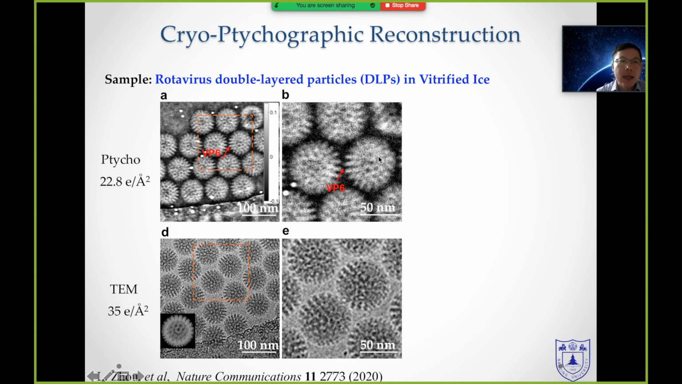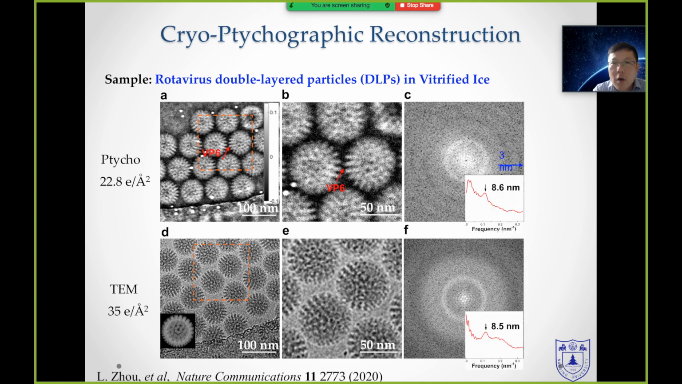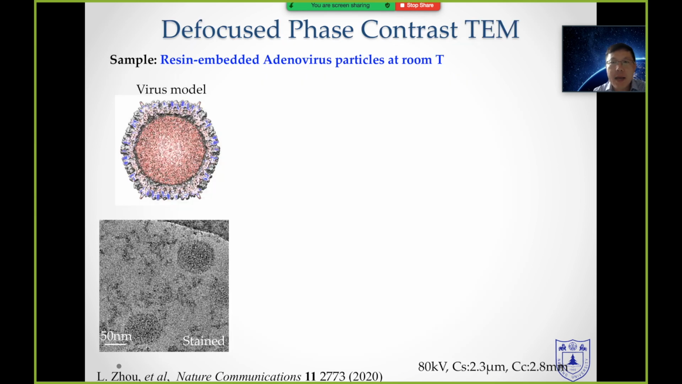Most importantly, we are able to see the contrast from the overall shape of the particle, which contains low frequency. To confirm it, we calculate the Fourier transform of the two images. As you can see, ptychography has a stronger transfer at low frequency, which can be extended to the size of the viral particles. To understand why the ptychography phase contrast is stronger and better, we may first step back and